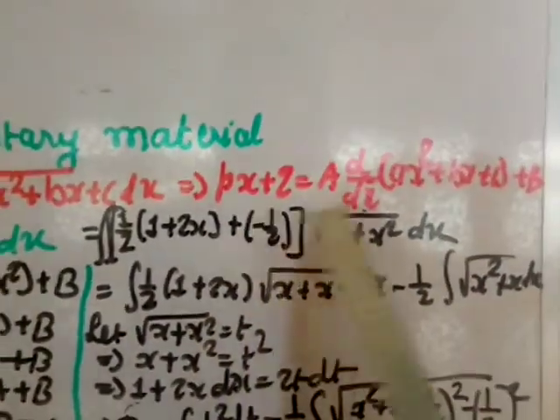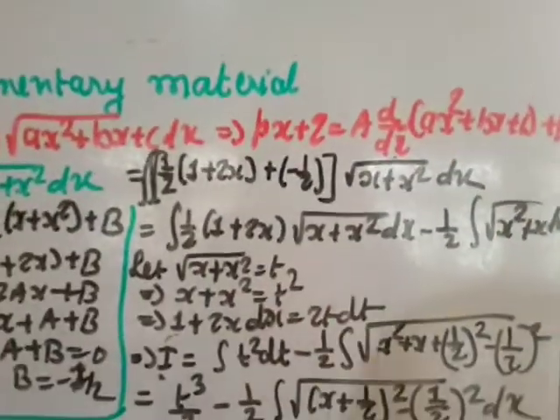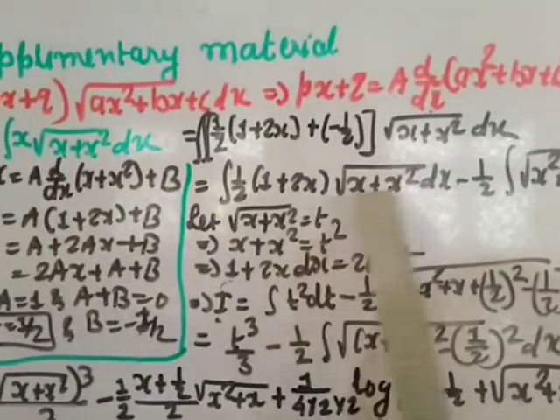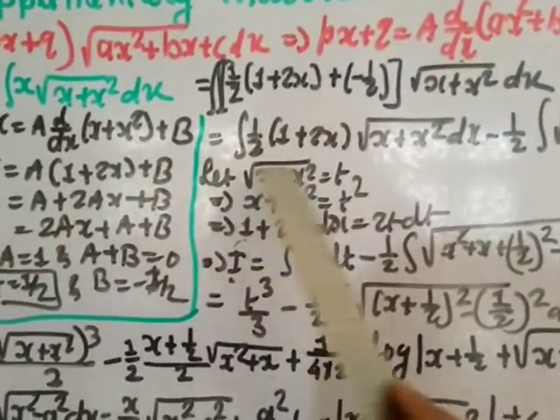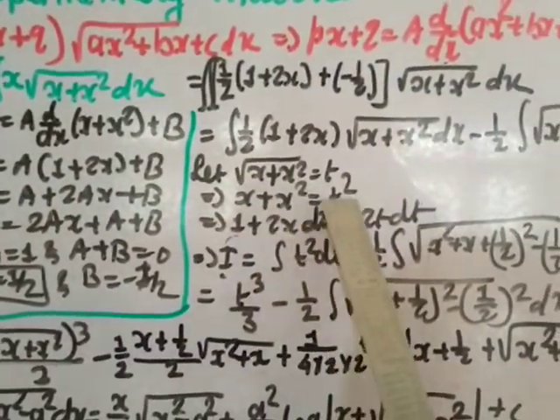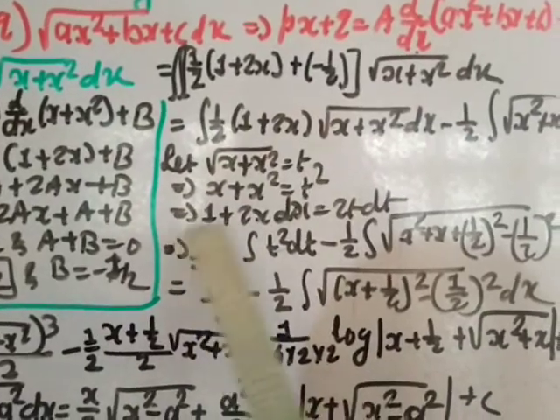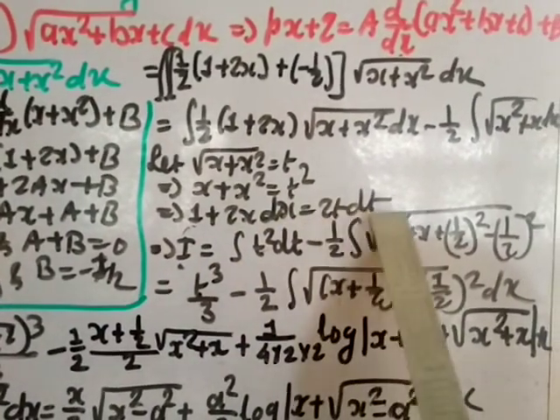Okay, I am multiplying inside. So for this integral I will use the substitution method, so I'll take this as t. When you take the square root term, first square it and then differentiate. Squaring both sides gives x plus x square is equal to t square. Now differentiate: x gives 1 and x square gives 2x, so (1 plus 2x) dx equals 2t dt.